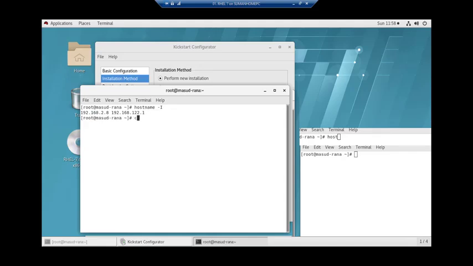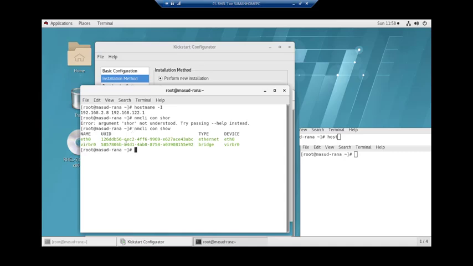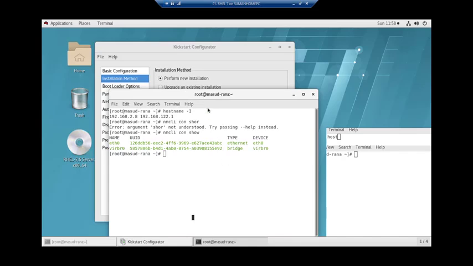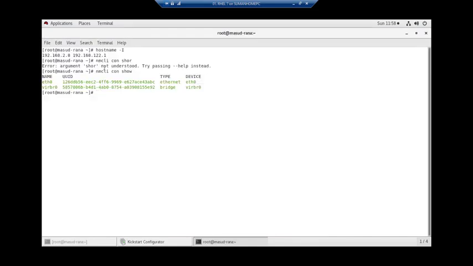So let me go to nmcli con show, then I can see that this thing and this thing are providing IP addresses, and previously I got this type of error, and I know that the second IP is coming from virbr0.